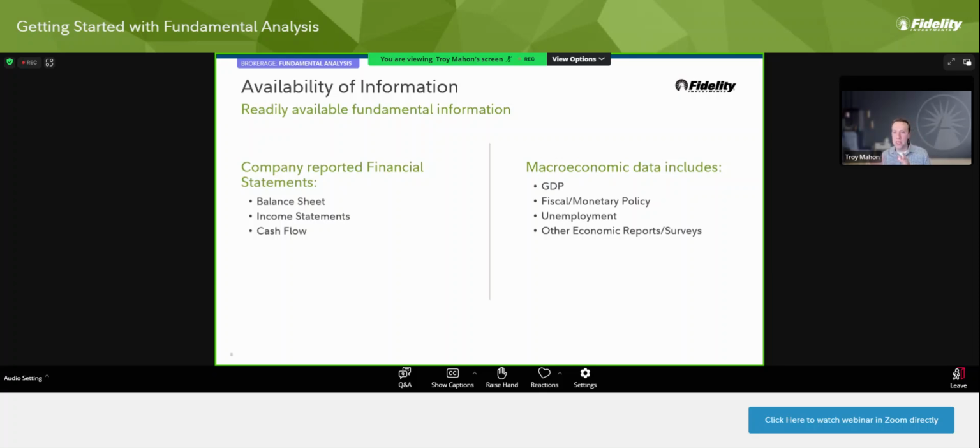But with GAAP and with some of these non-cash concepts like amortization, like depreciation, there's a lot of non-cash stuff that can happen. And sometimes there can be some finagling. So you might ask yourself, Troy, what do you look at, or what might somebody who does fundamental analysis look at? You're going to look at everything.